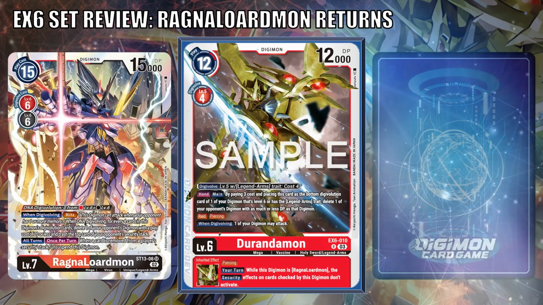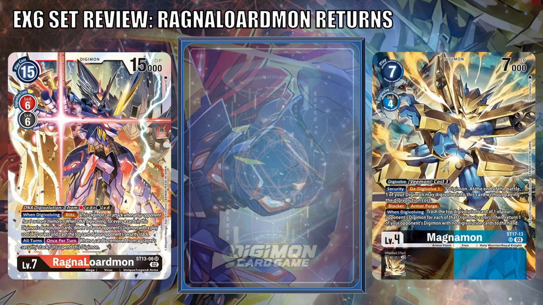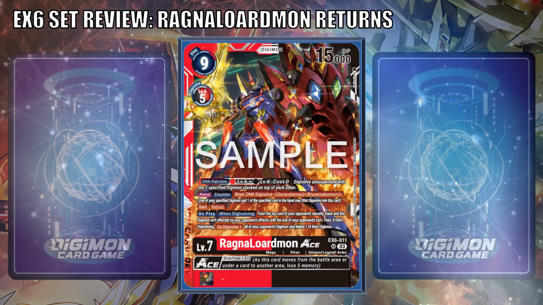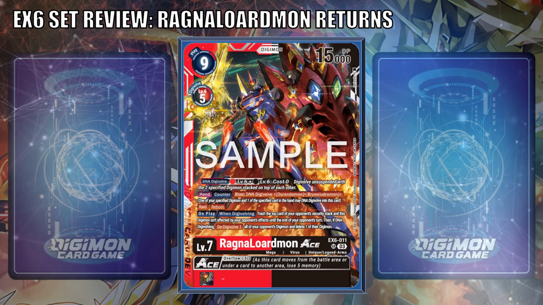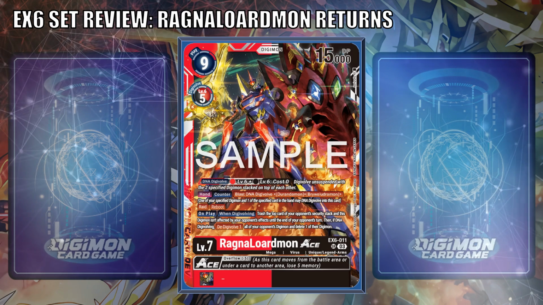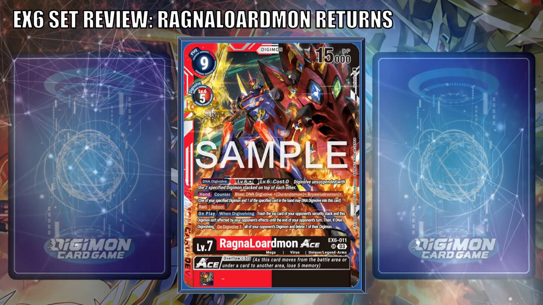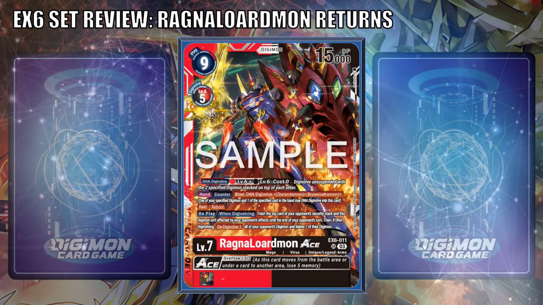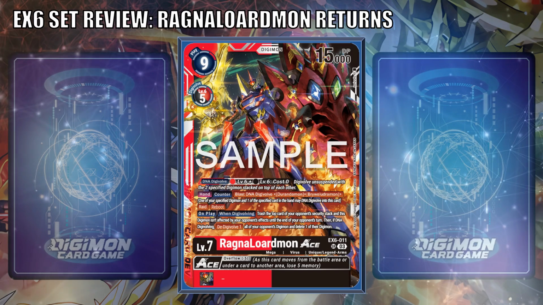This includes even powerful cards like Magnamon that could be hit in security for the D-Digivolve. Jumping to Ragnaloardmon, this Digimon is similar to Mastamon Ace, in that you can DNA Digivolve from a red and black level 6 Digimon normally, or Blast Digivolve from Durandamon or Bryweludramon with the other in hand. This makes it much more flexible in that once you get to 1, the moment your opponent attacks, the trap